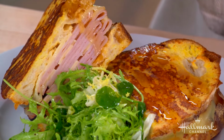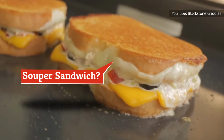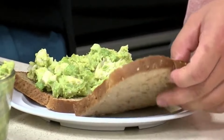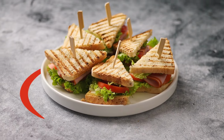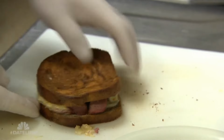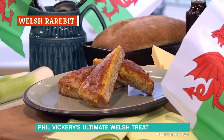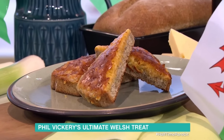Adding sugar to French cuisine, bringing new meaning to a soup and sandwich combo, and arguing over the origins of a classic deli dish, many things have changed since the 1950s, but sandwiches, and some of their crazy variations, have endured. During the 1950s, one particularly beloved version of the open-faced sandwich was the Welsh rarebit, a simple dish that's